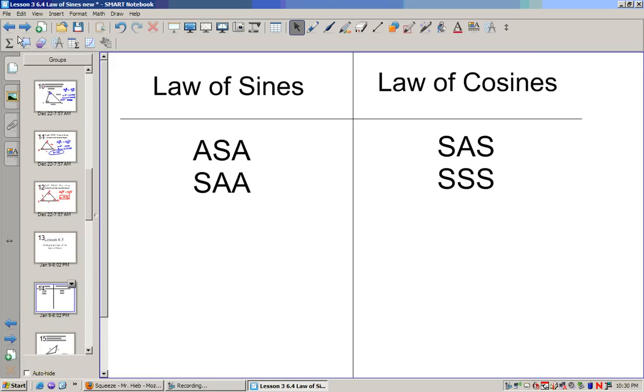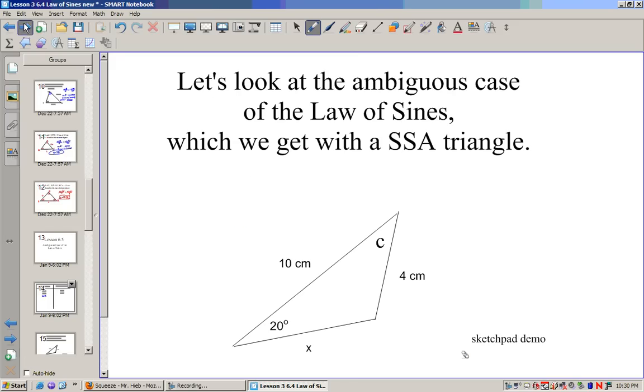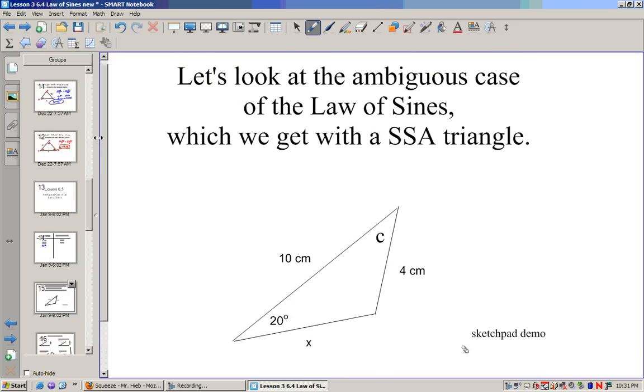Now the law of sines, in the past we've used when we have ASA and SAA, and law of cosines when we have SAS and SSS. Now we're going to slide SSA into this situation. Now SSA does not prove the two triangles are congruent. However, we can use that to help us solve these triangles. Now if we look at this ambiguous case,